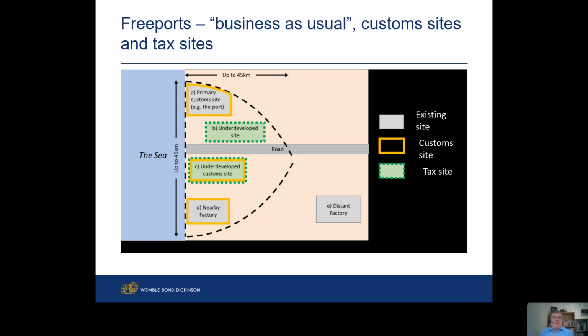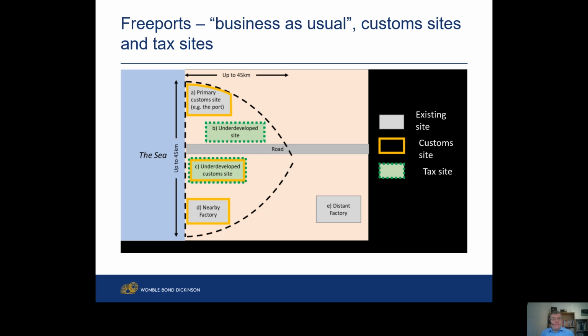With the UK government's announcement of the first successful Freeport and Freezone bids, it's important to look at how those areas will operate in practice. A freeport or a free zone can be an area with a diameter of up to 45 kilometres, but it's important to note that the benefits of freeport or free zone status do not apply to every part of the land within those areas. Sites within a freeport or a free zone will be designated as either a customs site